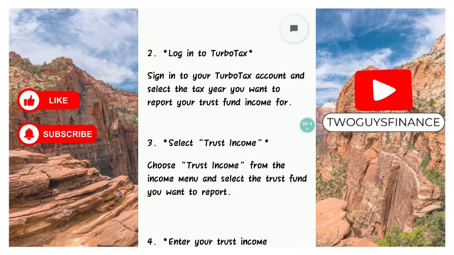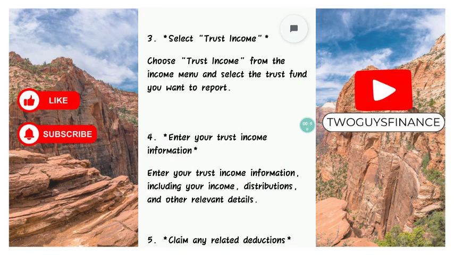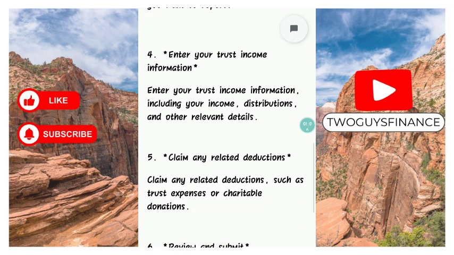The third step is to choose trust income from the income menu, and then select the trust fund that you want to report. The fourth step is going to be to enter your trust income information, including your income, your distributions, and other relevant details. The fifth step is going to be to claim any related deductions such as trust expenses